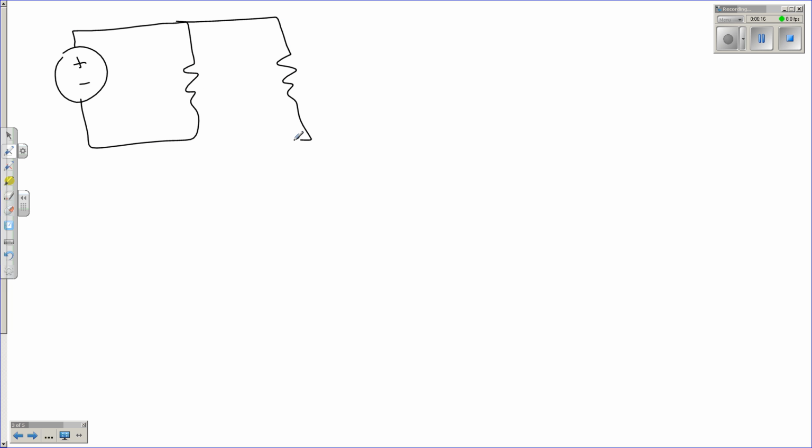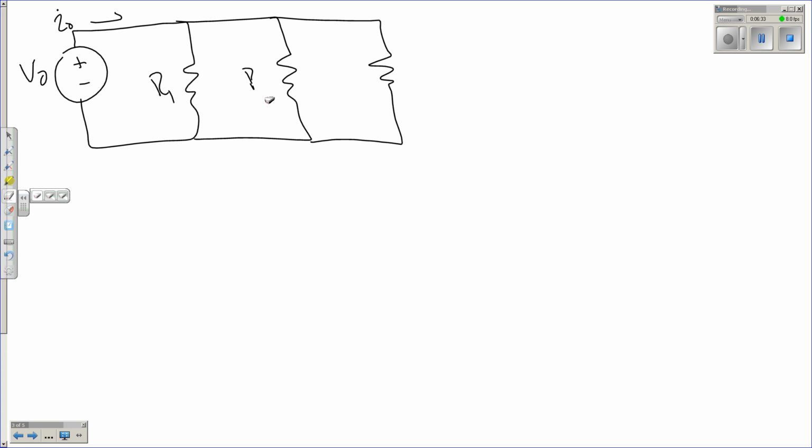So, same 3 resistors. Now, we've got our V naught, and our I naught, and each of our resistors. So let's do it the hard way first. R3. So the hard way, we've got